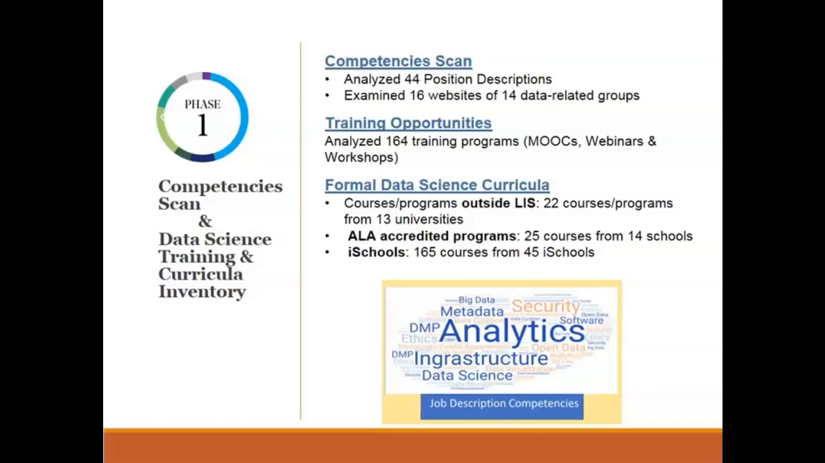So we were able to come up with looking at 164 different programs that exist already for training, MOOCs, webinars, and workshops, and we analyzed those programs. And then, as I mentioned before, we looked at formal curriculum, not just in library schools, but also in data science. And we found that, yes, there's courses in ALA accredited programs and iSchools, but there are also courses being offered from computer science departments and others in the institution. So again, I recommend you look at that GitHub site. It's got a lot of valuable information about what training's out there and completes the academy courses that I'm about